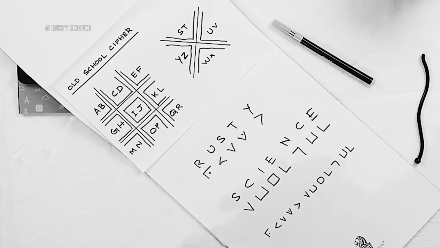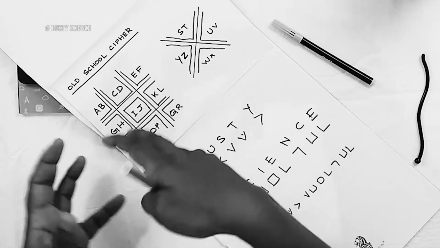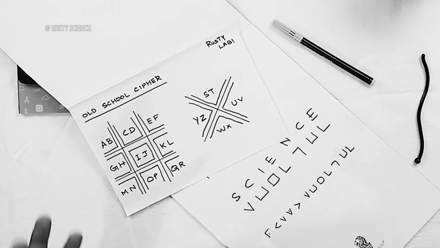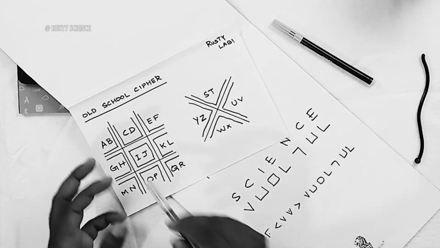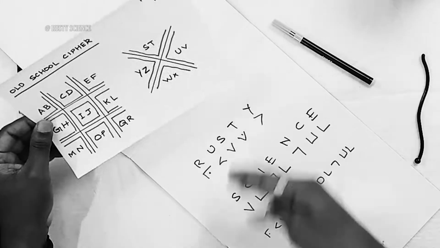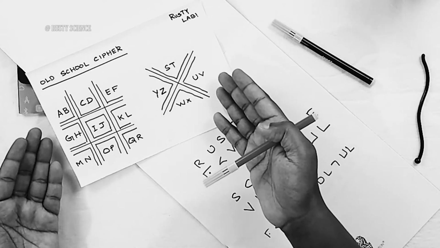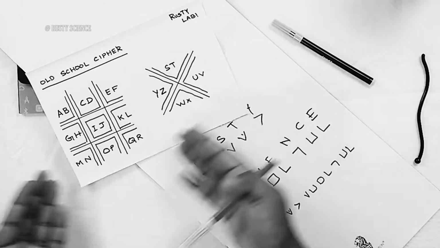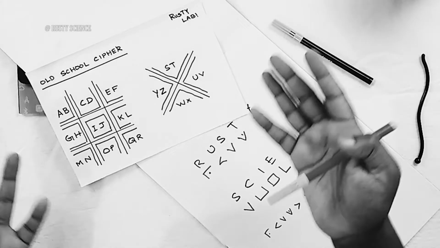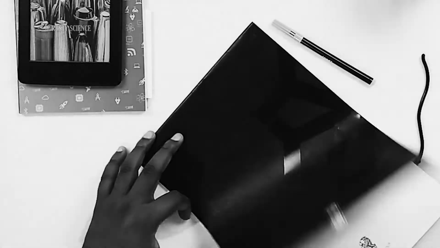But the interesting part is we generally don't follow this A to Z format. We used to randomize the characters inside. So even if somebody knows the technique, they may not be able to decipher it because we jumbled the characters across the sheet. They will take the sheet in their hands and try to decipher it. Even if they know what kind of format or pattern I'm using, they will not be able to decipher it until they know exactly where I have placed each character. This is called old school ciphering.